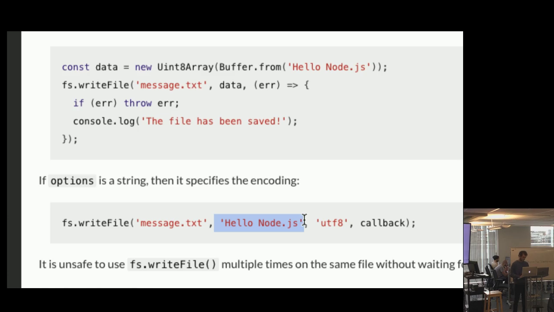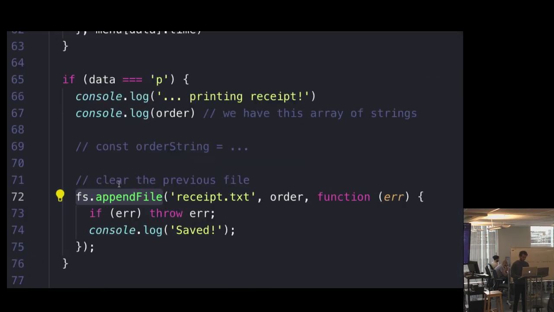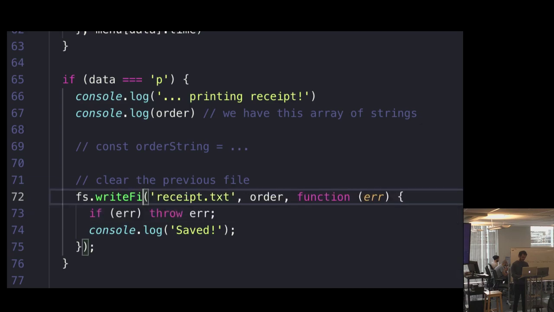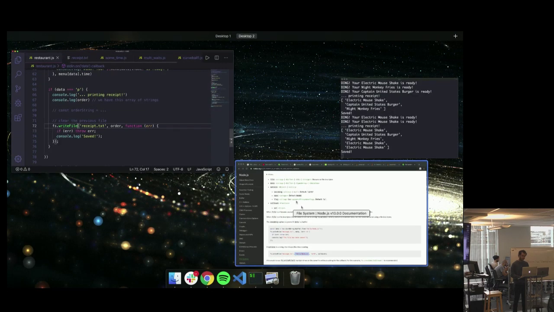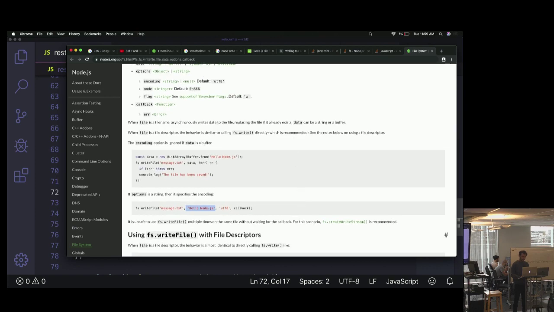So what I'm going to do here is try fs.writeFile. And again, the reason for this is because this person here told me,